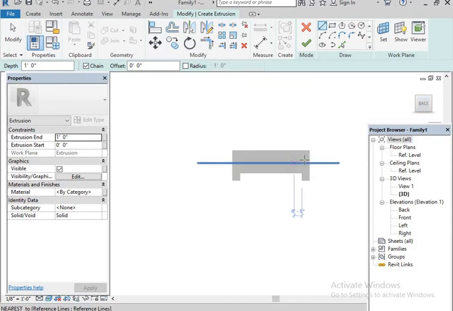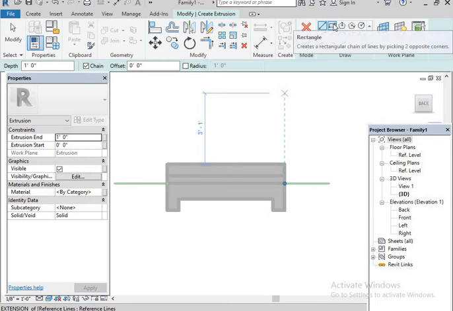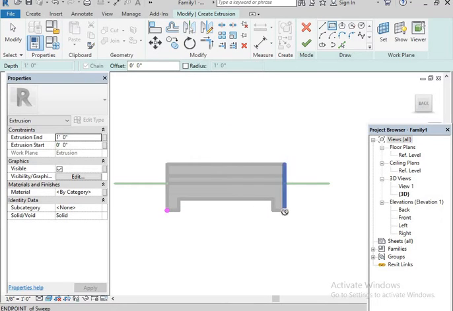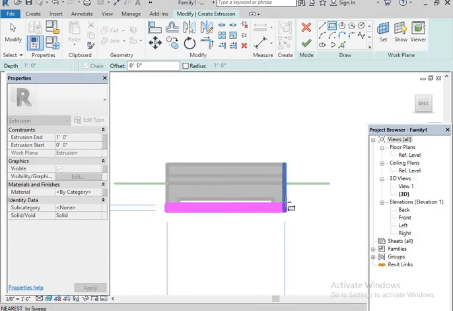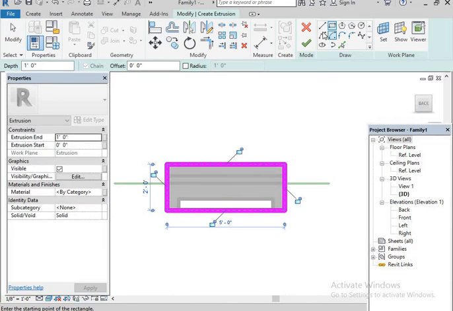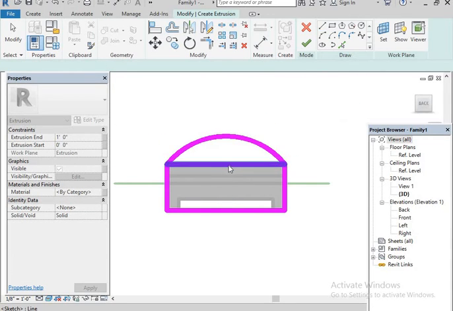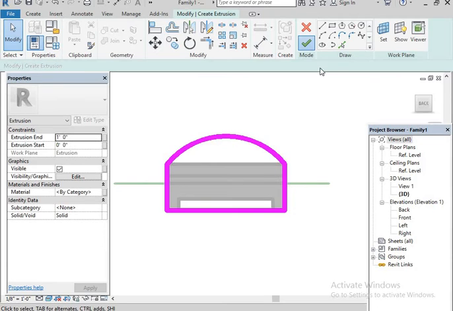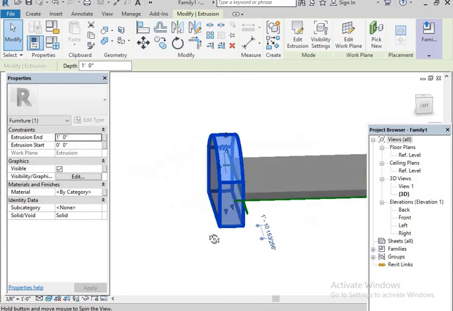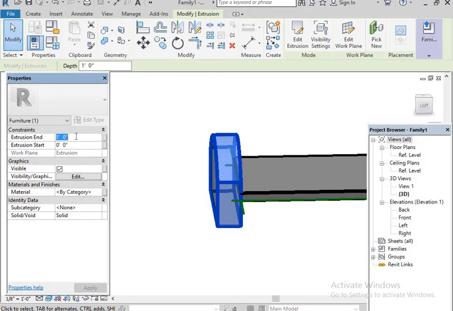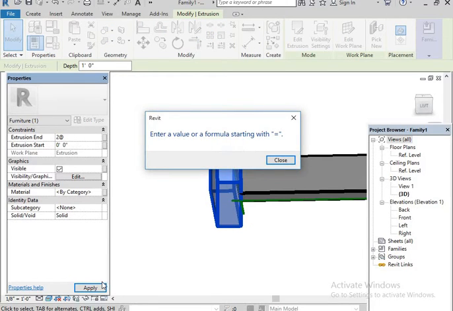Go to the front view. Here you can make your required design from here to here. After that, here I need some arch shape, so I'll go like this. Just select and delete this portion, then give Finish. You turn it back. Extrusion end of 2 inches is enough, just as a support, so 2 inches is enough.